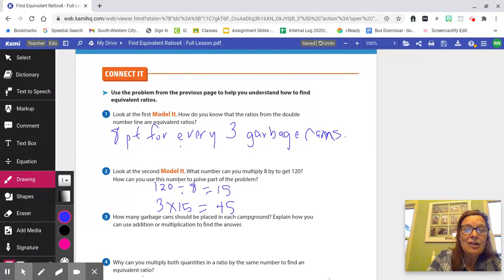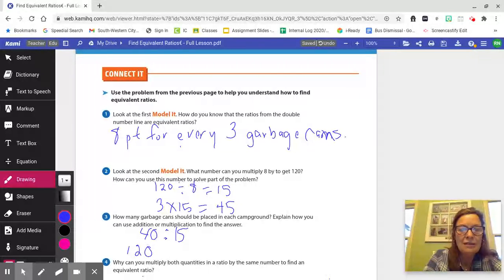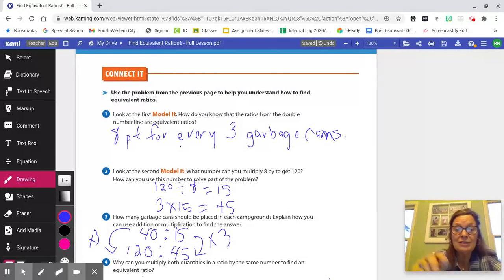We already know the 40 picnic tables, I should have 15 garbage cans, and the 120 picnic tables, I should have 45 garbage cans. And if you notice, times 3, times 3. So whatever I do, as long as I do the same thing, that means I've added 3 more groups of